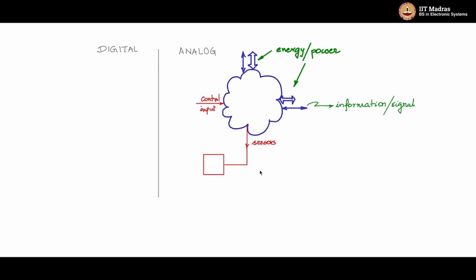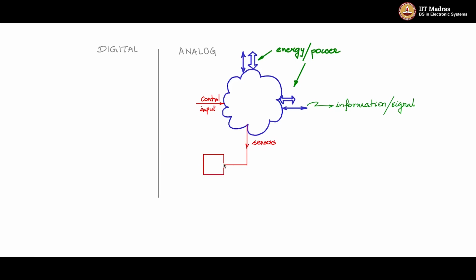So if I draw the block diagram, you sense temperature, you can sense the speed, you can sense the force, you can sense the torque. So there are several parameters in a plant that you may want to sense and pass on the information into the digital world to take control action. So the sensors do the job. The sensors are transducers which convert these parameters into useful electrical signals,